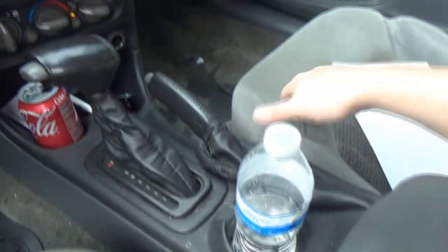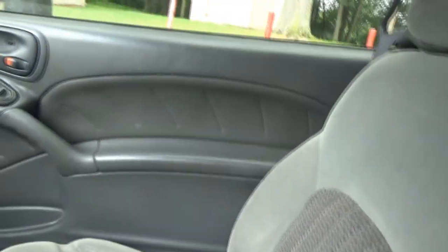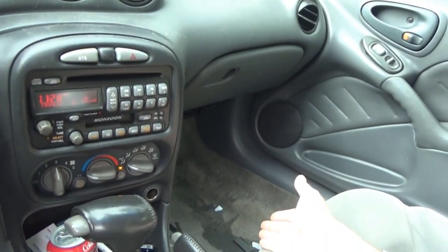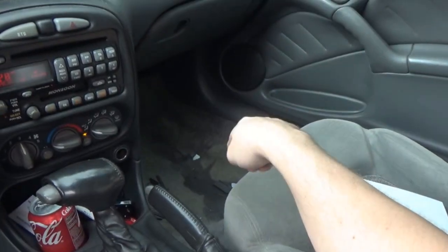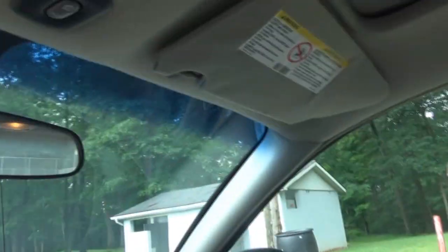So there's that. Nothing else has really changed down here. I'd still really like to give the seats a nice real cleaning, but I don't know. We have the water on the floor. We had a torrential rain early this morning, so just from how the car was sitting, it did pond some. This has actually been pretty decent lately. I'm actually surprised that it did that, because for a while the